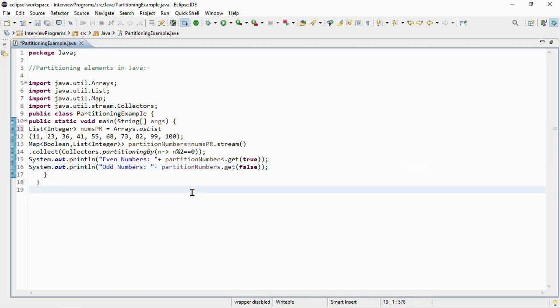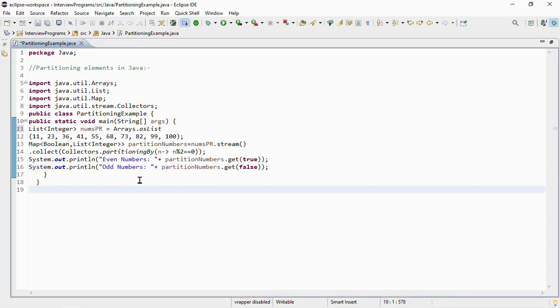And the values are lists of numbers that satisfy or do not satisfy the condition. Later on we print the partition numbers, which are divided into even and odd numbers based on the partitioning condition.